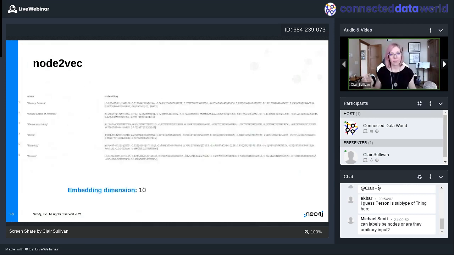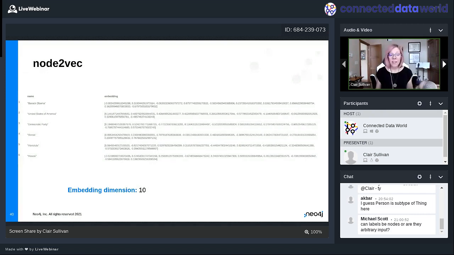Okay, cool. When I run node-to-vec on a graph, I don't expect that you can read this, but I have a name, like my subjects or my objects in the graph, and then I get these graph embeddings, and they can be however many dimensions I specify. In this case, I specified 10. So these are 10-dimensional graph embeddings based on just hopping around that graph, because relationships are important.